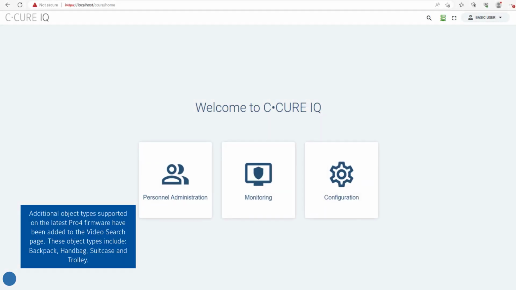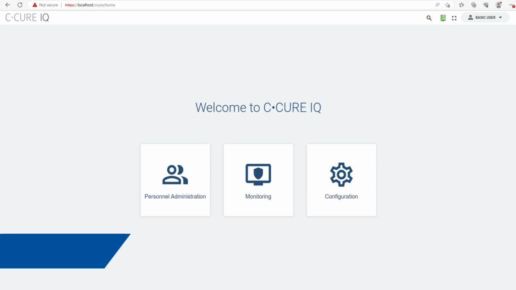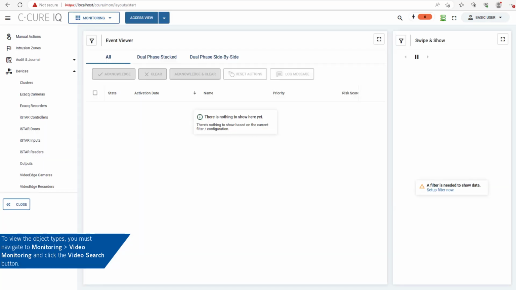Additional object types supported on the latest Pro 4 firmware have been added to the video search page. These object types include backpack, handbag, suitcase, and trolley. To view the object types, you must navigate to Monitoring,